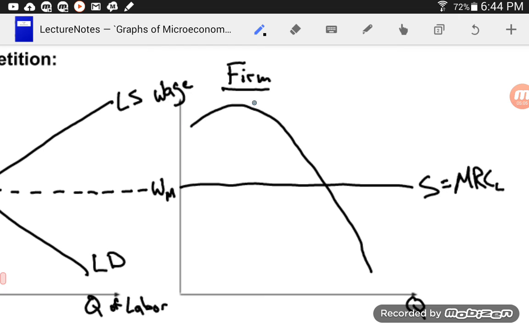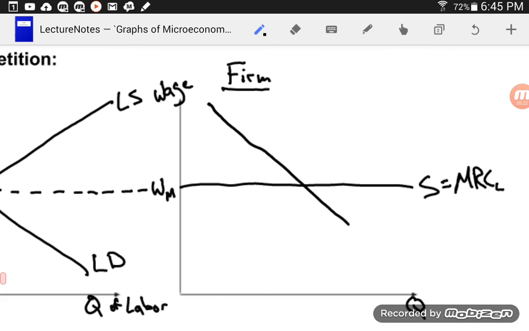And so I might initially get some efficiencies, but at some point, as I keep hiring more people, they're becoming less and less productive, and they're starting to get in each other's way. And so normally I'll just model my individual firm's demand for labor as just that